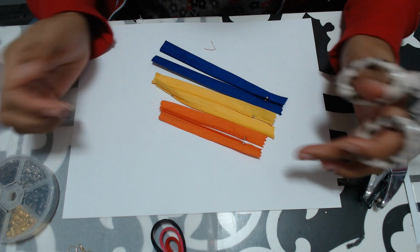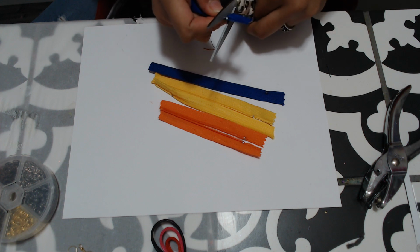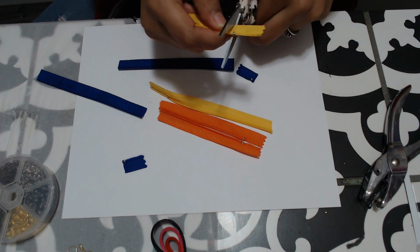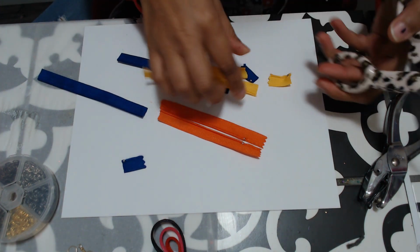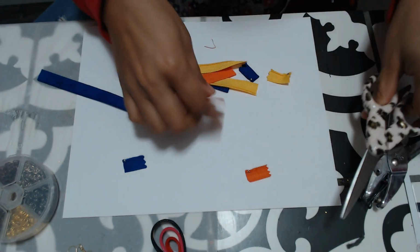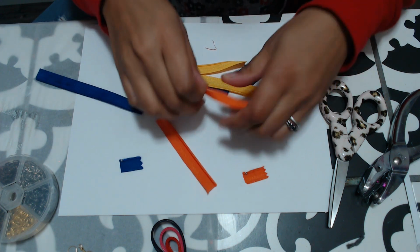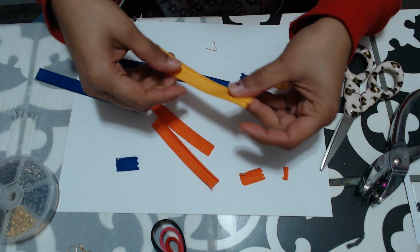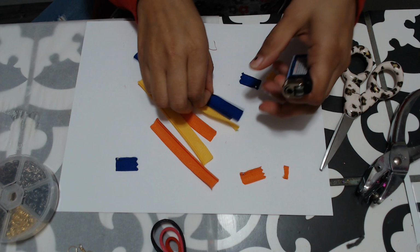Okay, and then the next thing you're going to want to do is cut off this silver piece that's on each one. So just go to where it is and cut that off. Don't need that. Make sure your pieces are about the same. Now you just take your lighter and